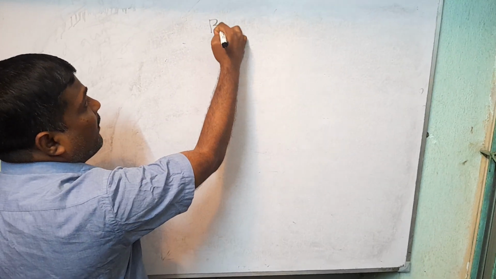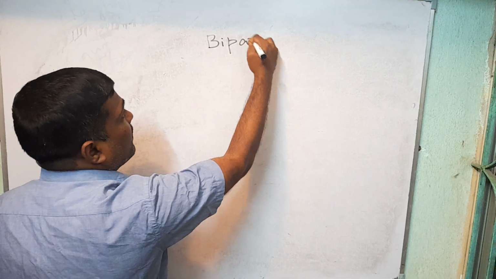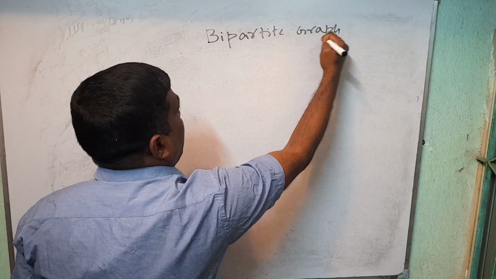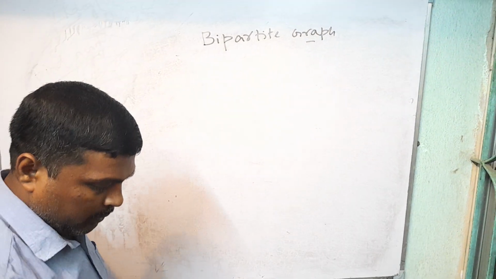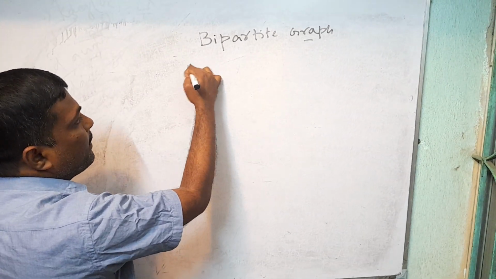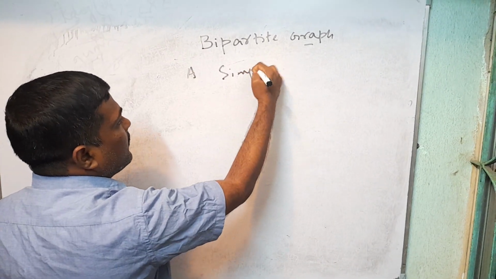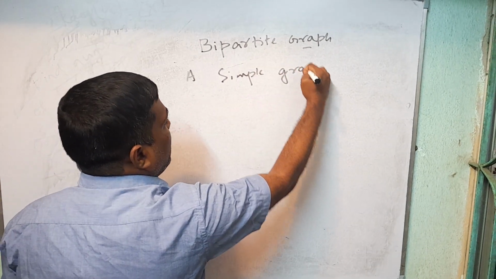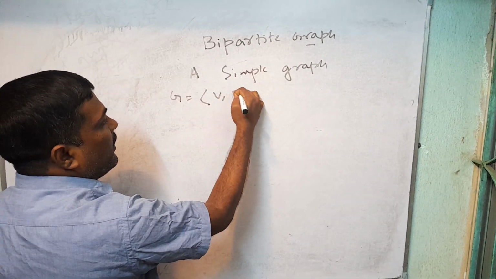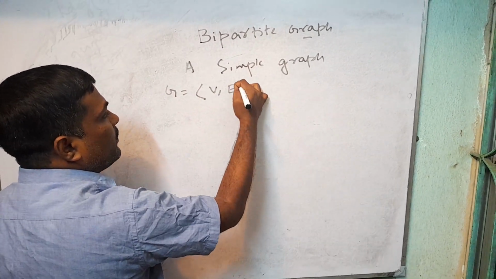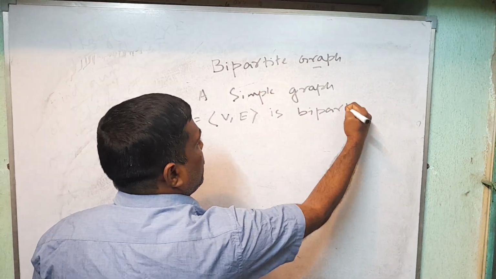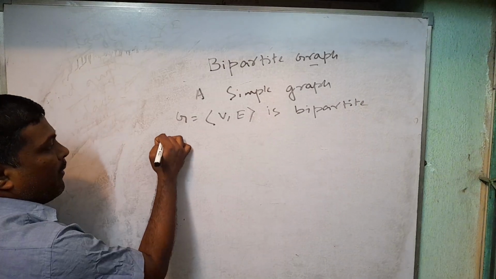Next, bipartite graph. A simple graph G(V, E) is a bipartite graph